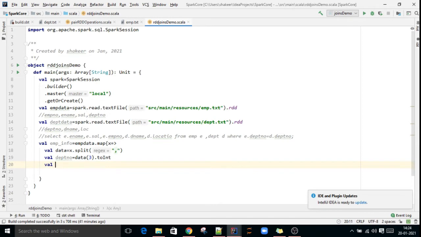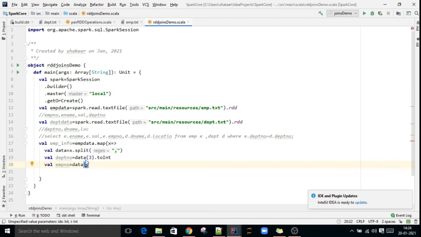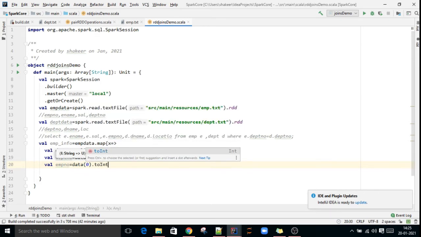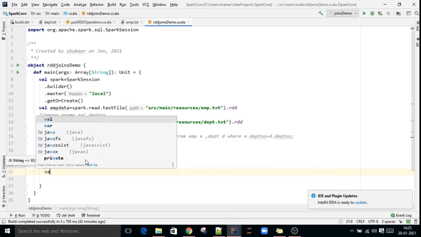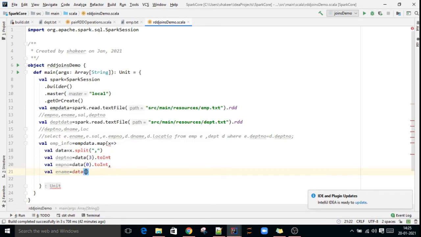Employee number, val emp number equal to data of 0 toInt, val ename equal to data of 1.